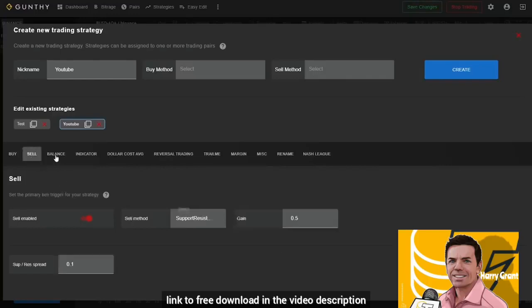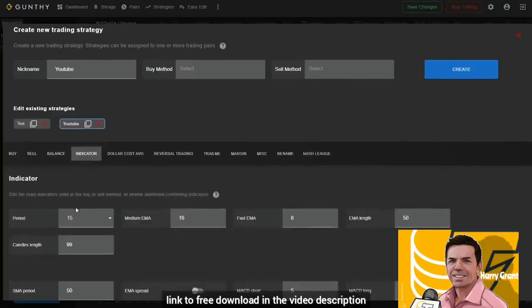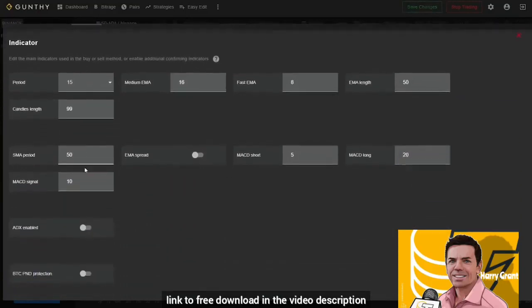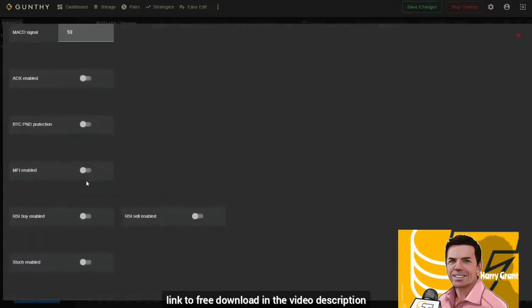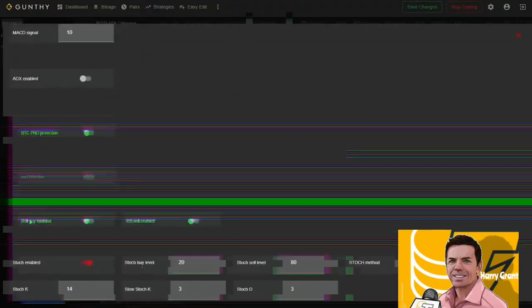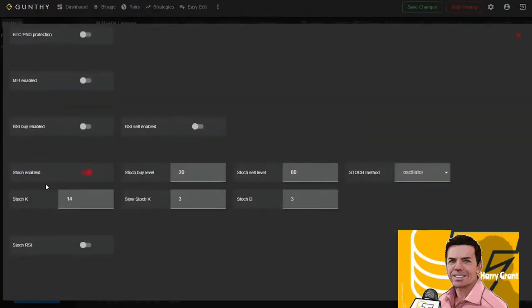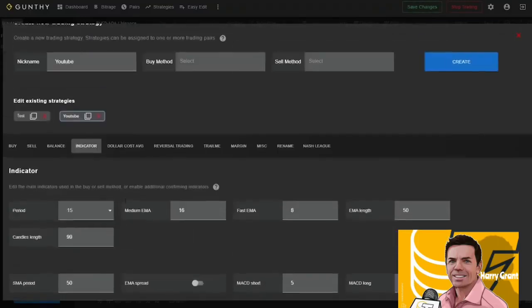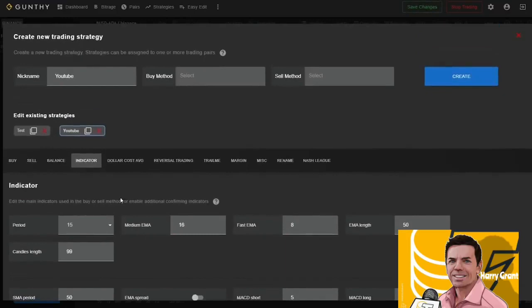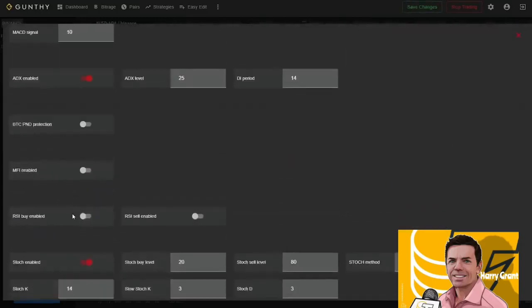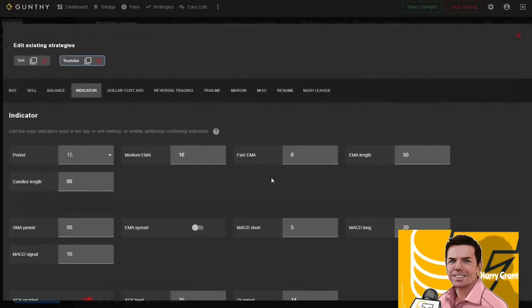However, then I can also change specific settings that make it even more granular. So let's say that not only do I want to use MACD, but I also want to add more filters to the strategy where it will only use the MACD buy if the stock RSI is above a specific level, or if, for example, ADX is at a certain value, etc. You can stack indicators on top of each other, so not only now am I using MACD, but I'm also using stock RSI, I'm also using ADX, and you can change all of these options here,